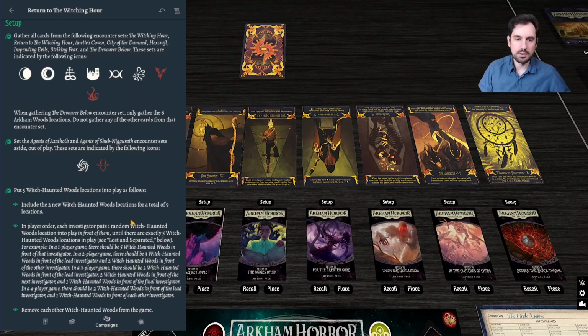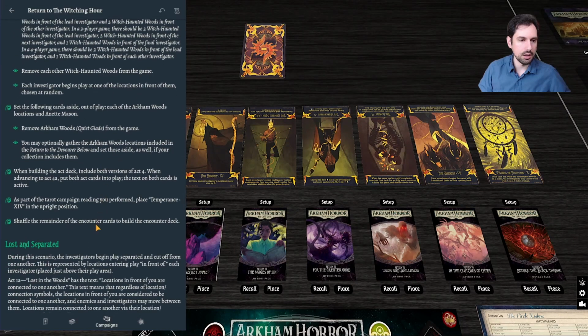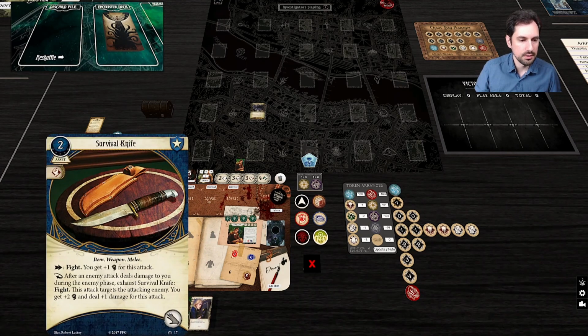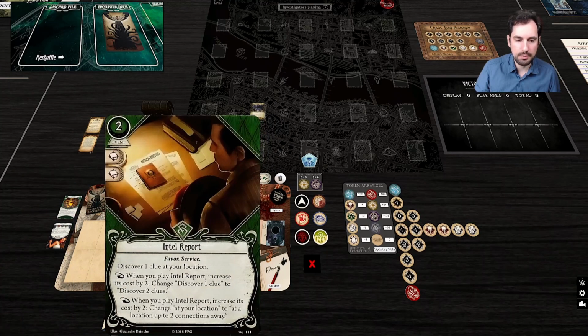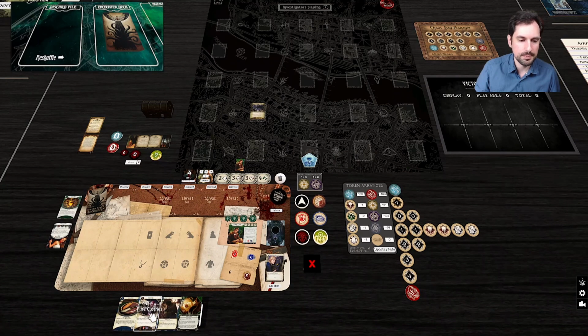So I will go do opening hands, and then we get 5 Witch Haunted Woods, yada yada yada, and then we have +1 sanity. Okay, great. Hold on. All right, opening hands time. What are we looking for? Weapons? It's an okay weapon. Fine clothes. Take the initiative. Intel report might not be a bad idea. Manual dexterity, I think we can lose. We would love to...